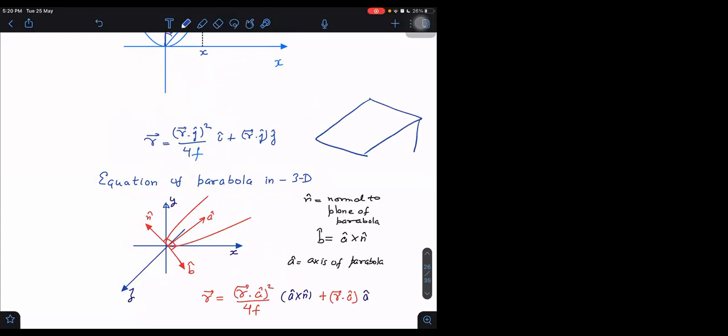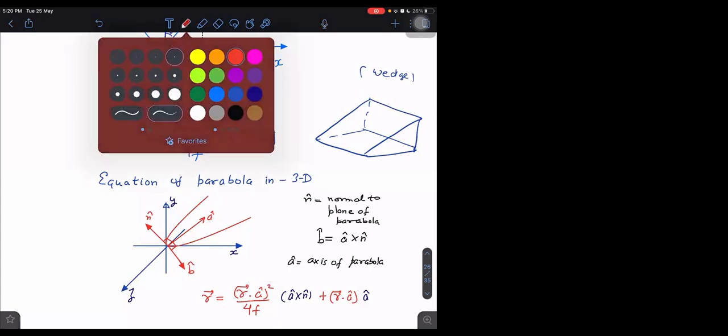What is wedge? Wedge is nothing but just an inclined shape. You observe this shape and understand what this shape is. This is called a wedge or inclined plane. You understand inclined plane? Okay, sir. Understood. So on this inclined plane, if I draw a parabola,